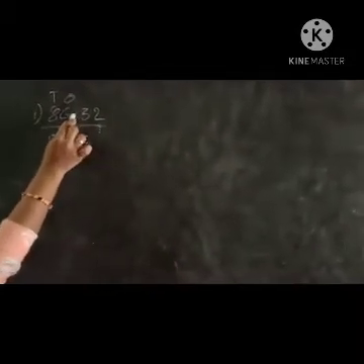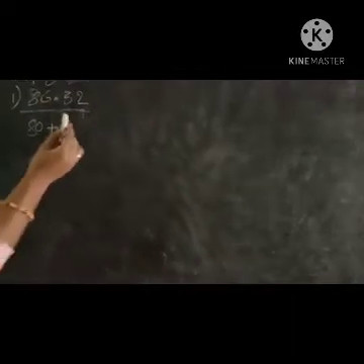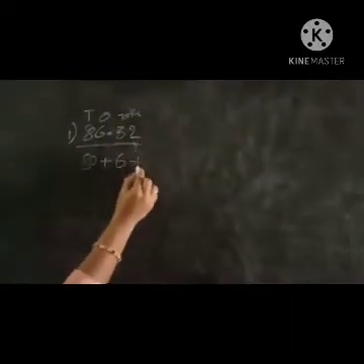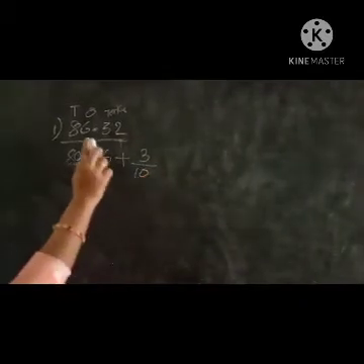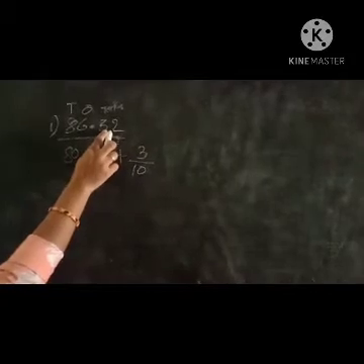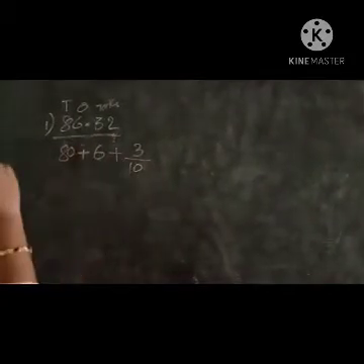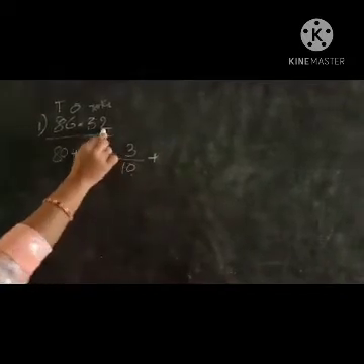But again see here children, 3 is in which place? Tens place, no? 3 is in tens place. So plus 3 by we have to write here 10. After the decimal, which place is this number in? It is in tens place. So we have to indicate 3 by 10. 3 by 10. And next see here, in this number which place?